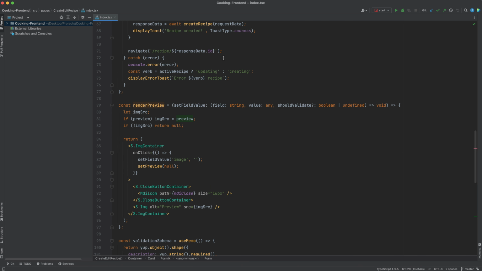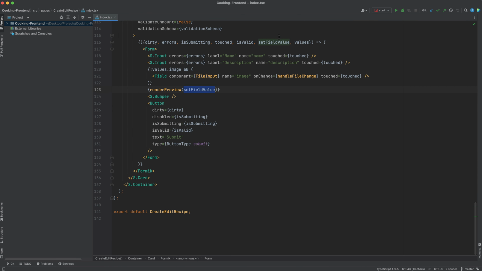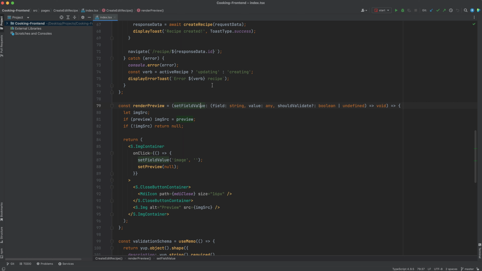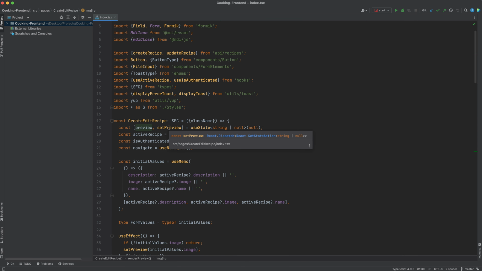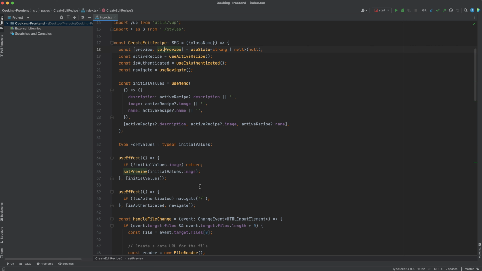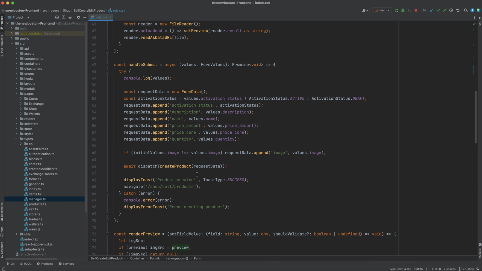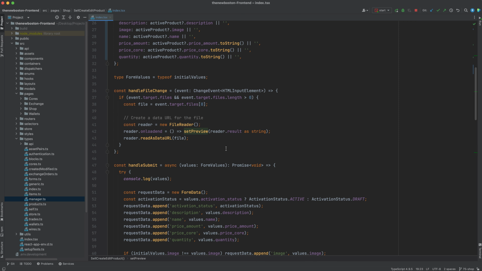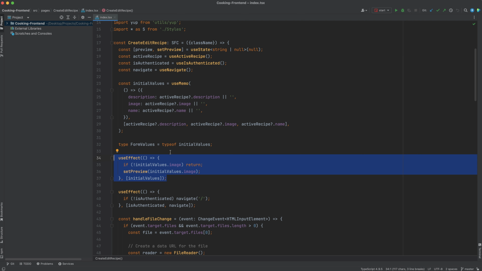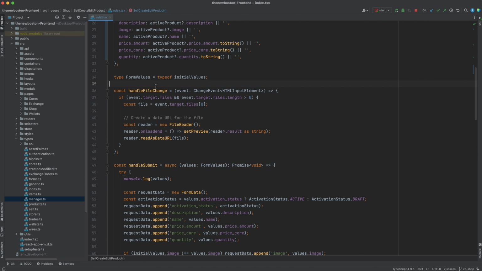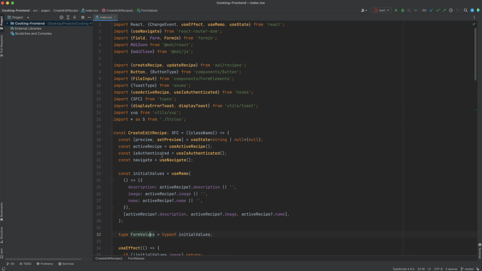And then for render preview, this should be rendering. So image source preview is equal to the set field value function. Where's preview coming from? If preview is coming from state and set preview. Oh, okay. So first thing we need in this is preview state, which we already got. However, the piece we seem to be missing is this piece, where after we're setting the form values type, we have a use effect statement. And what this is doing, if we can import use effect,